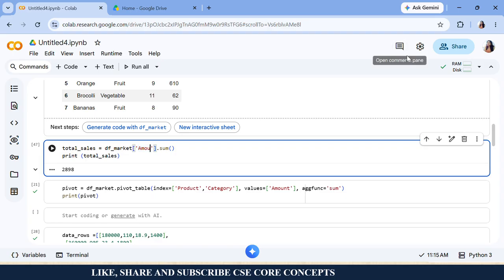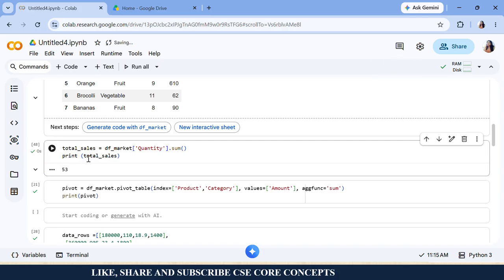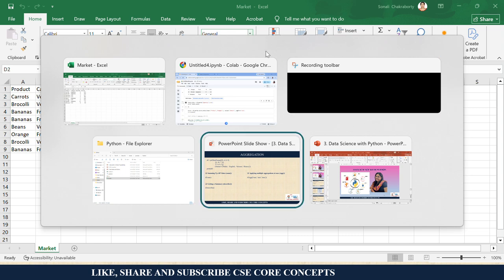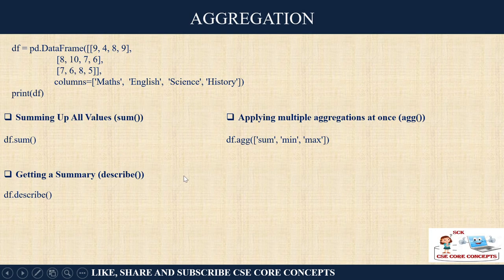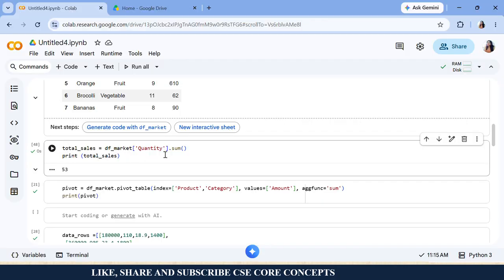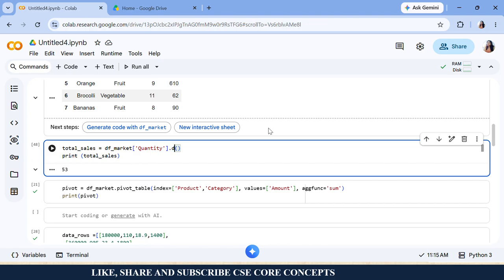Now if you want to see the total amount of products sold, that is quantity, you can write quantity here. Okay, so you can see 53 units of products are sold, right? So this is how you can add other functions also. Like if you want to write describe, okay, if you write describe, but describe will just, a minute, describe.